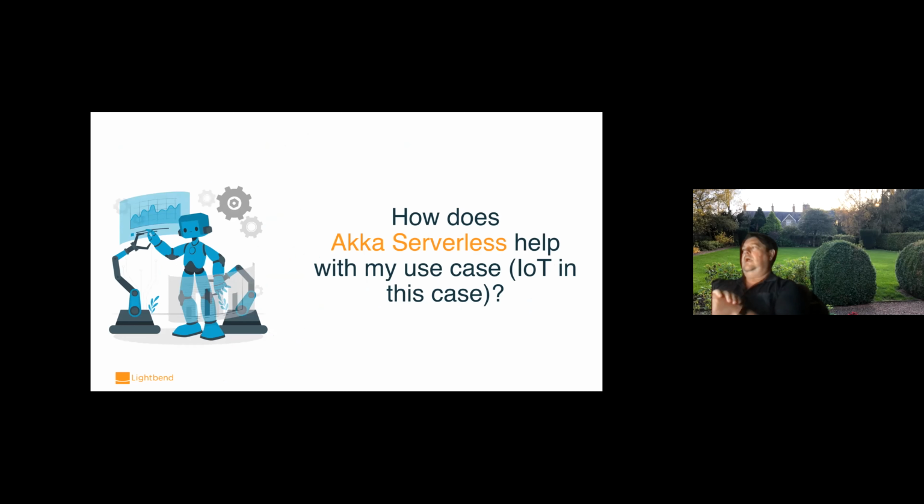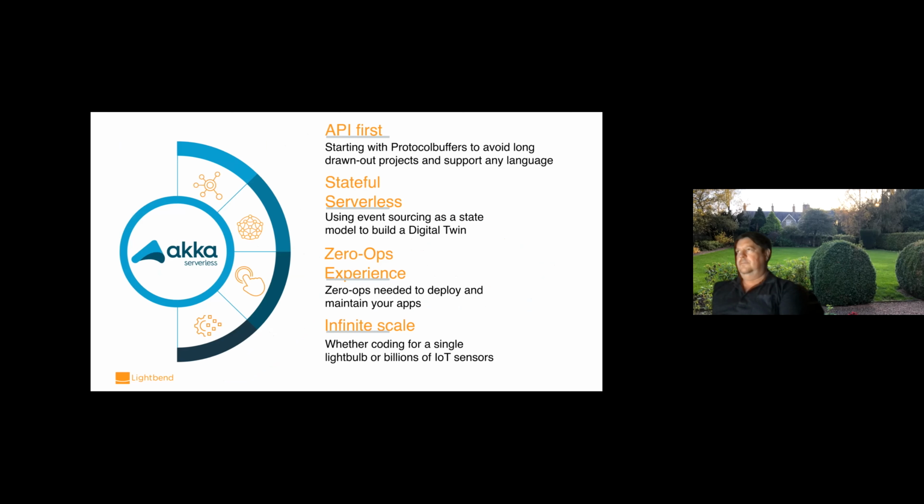So how does Akka Serverless help with this particular IoT use case? So with Akka Serverless, we're API first. We're using protocol buffers that let you define your API and really wring it out, make sure it has all the correctness before you actually implement any code. And we offer different state models. In this case, I'm using event sourcing because when you're using sort of an IoT digital twin pattern, it's really